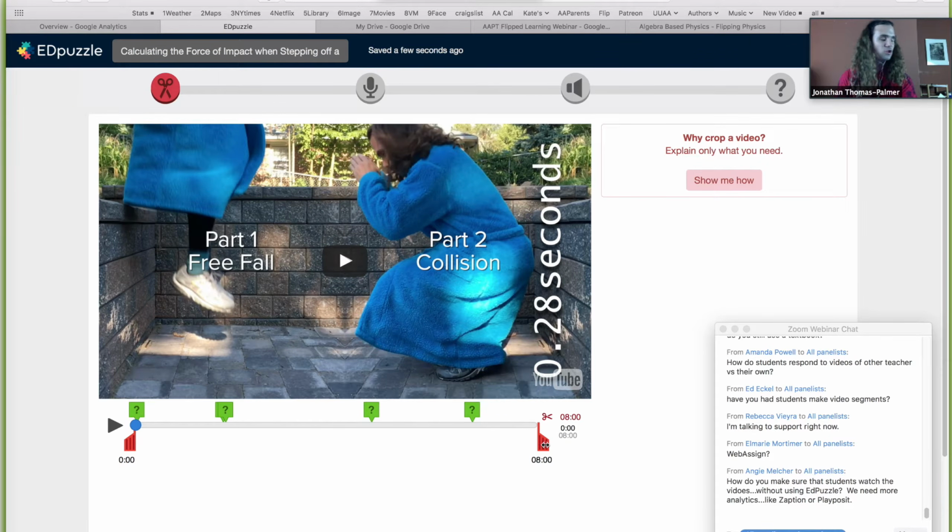crop it. You can adjust these sliders over here. If there's a particular portion of the video that you don't want in there, or you don't like the fact that I put the gag reel at the end, or whatever you want to do, you can cut out pieces